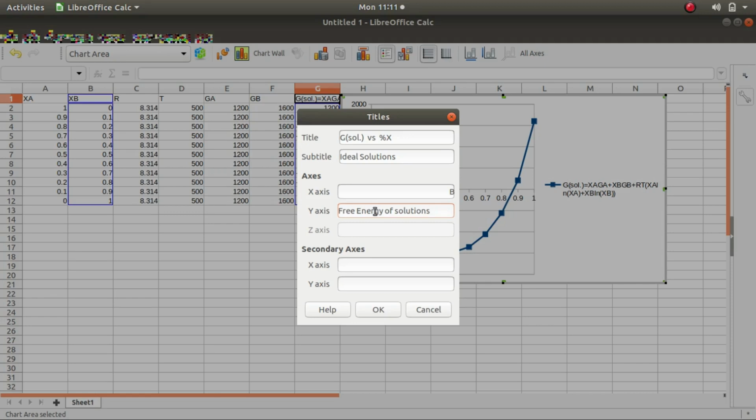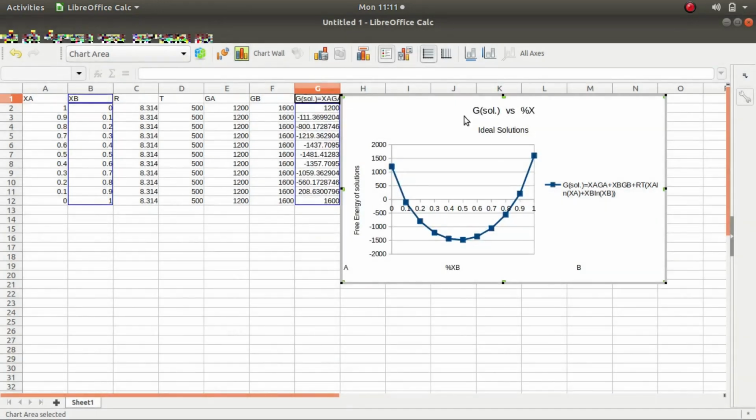And then click OK. Here we see some titles, some subtitles, and information on the x-axis and y-axis. I gave some space for this reason: on the left side we have element A and on the right side we have element B, and with some modification you can get what we want.